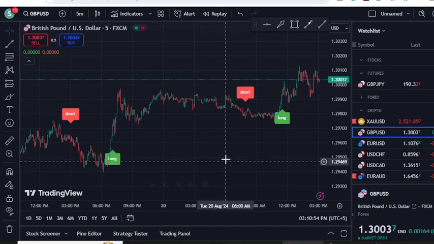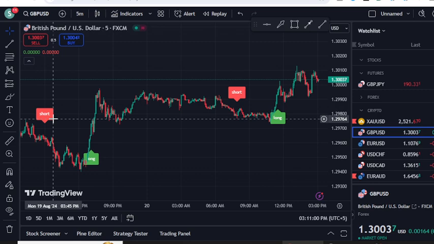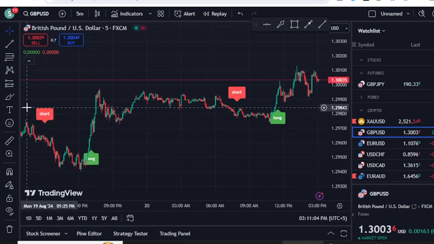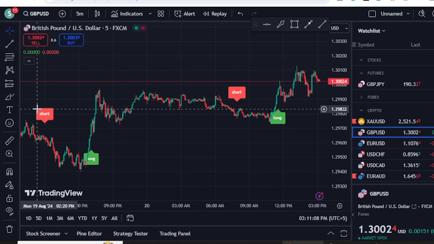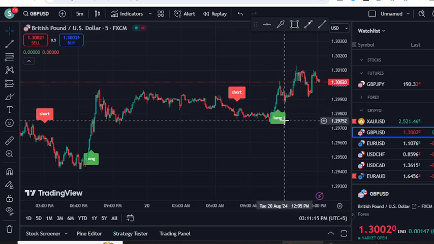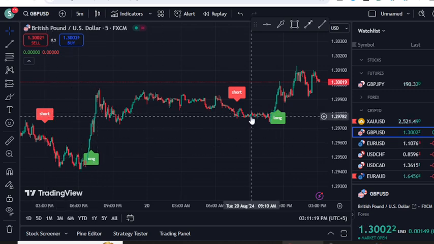There are a lot of buy and sell indicators available on TradingView, but today I am going to share with you one of the indicators that provides simple buy and sell signals. Yes, guys, this is a free indicator that you can use for your own trading, and I will tell you today how you can attach this indicator to your charts, which provides easy access to buy and sell signals in the form of short and long positions.